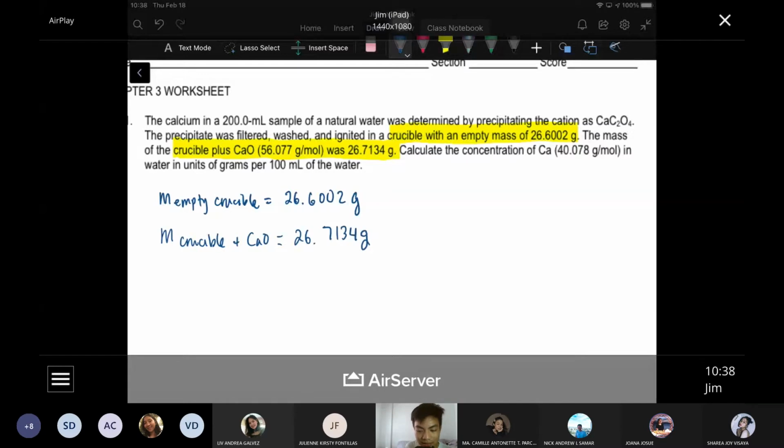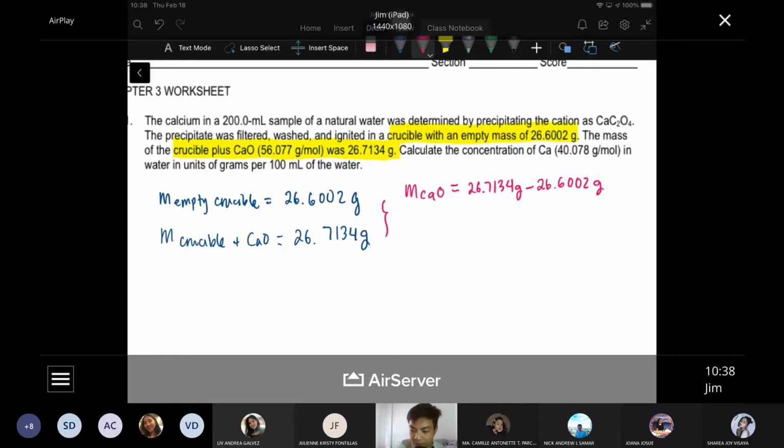Okay? So, may onting change sa mass. Okay? So, if you want to get the mass of your precipitate, madali lang yun. Paano? I-subtract mo lang yung mass ng crucible with the precipitate and the mass of the empty crucible na. So basically, pag-subtract din natin tong dalawa to get the mass of the calcium oxide precipitate. So that will be 26.7134 grams minus